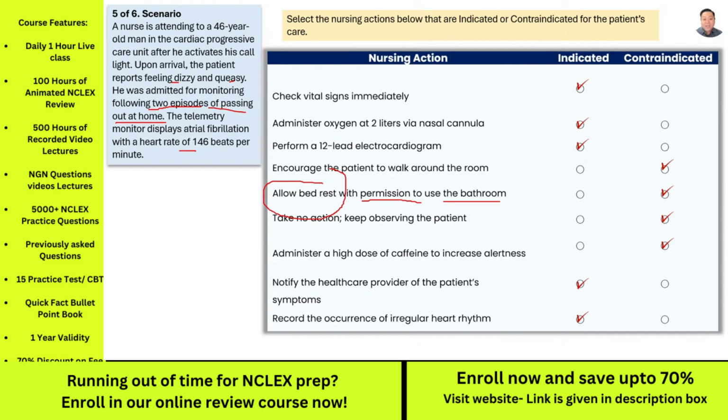Make sure that this is something that you should pay attention to, especially checking the vital signs immediately. That is the key word right here, immediately. So this is calling for you to urgently evaluate the client status whenever they feel lightheaded. A rapid heart rate, even though it's already high there, the client will probably be having another change, maybe